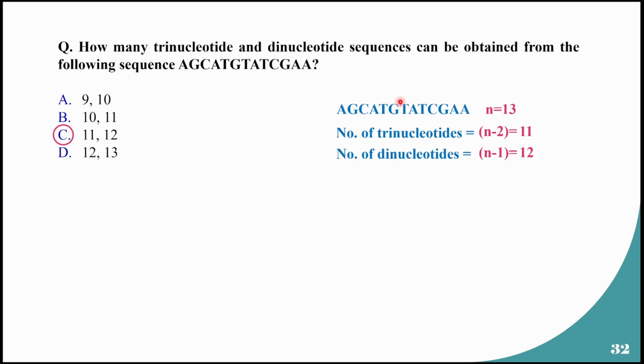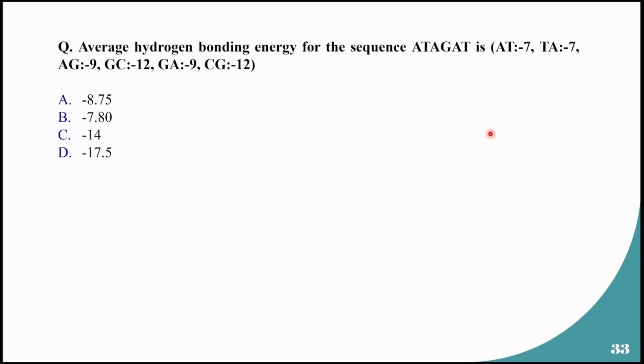Okay, so from this quick formula, if n equals 13 for the 13 different nucleotides or amino acids you have in this particular sequence, you can calculate the number of trinucleotides as n minus 2, and the number of dinucleotides as n minus 1. And if you calculate the dinucleotides and trinucleotides, and if you have the available information regarding some sort of parameters,